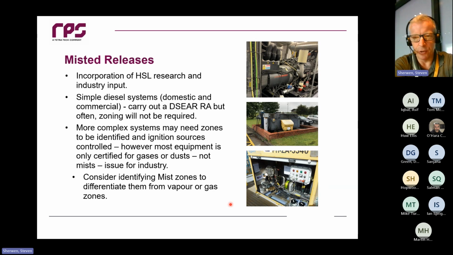The upshot is that they've demonstrated that yes, you can get a flammable release if you get the right hole shape and size and the correct pressure driving the liquid out. What was decided in EI15 was to say that if you've got complex high pressure systems handling things like diesel and Jet A1, then you may require zoning around them. So if you're in a refinery handling diesel at 10 or 15 bar, pumping it around in massive ring mains, then it may be pragmatic to put zones around it.